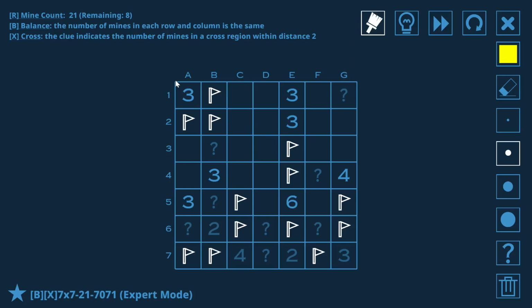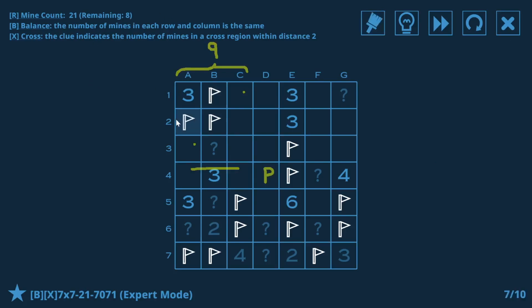Alright, so now is a more advanced version of that same trick. We're looking at columns A, B, and C now, I think, which must have a total of 9 mines in them. This 3 over here, let me mark that down first, must see exactly 1 in these 2 cells. I'll try and mark with a dot like that. This 3 can see a minimum of 1 in these 2 cells. So if you had a mine here, then you would see 1 here. Now, if we counted the number of mines remaining, that would be 1, 2, 3, 4, 5, 6, 7,